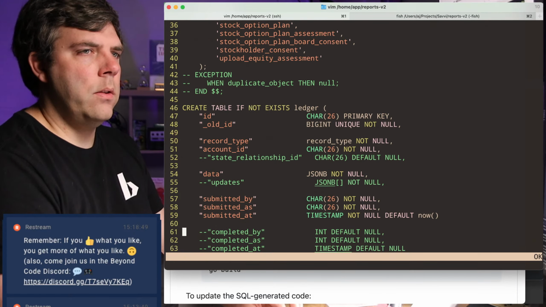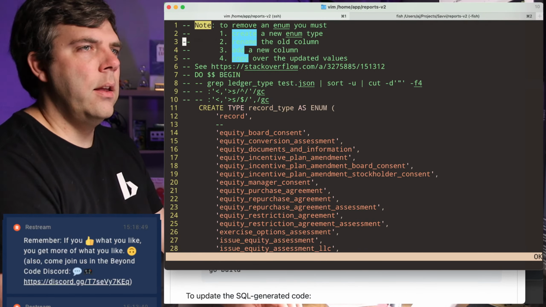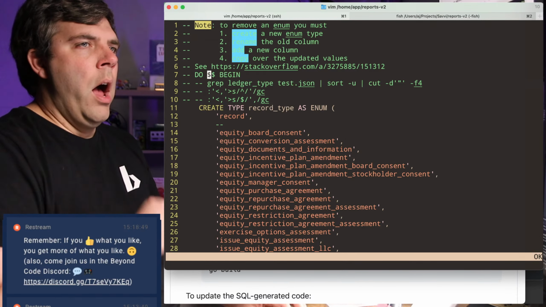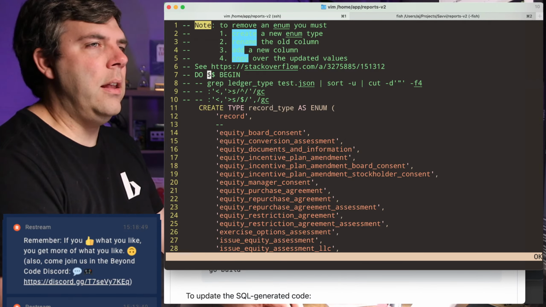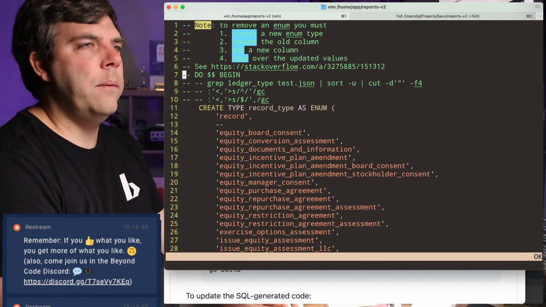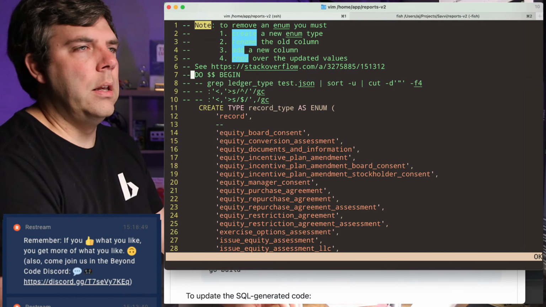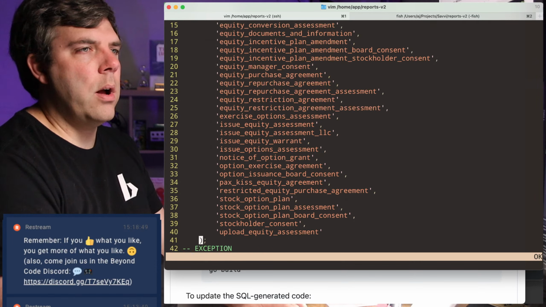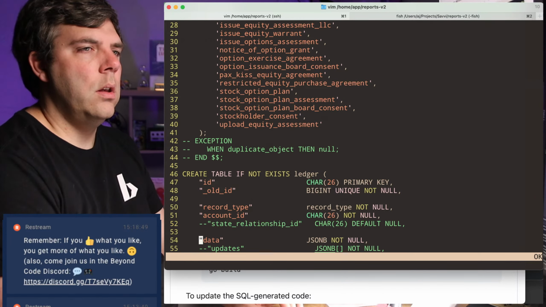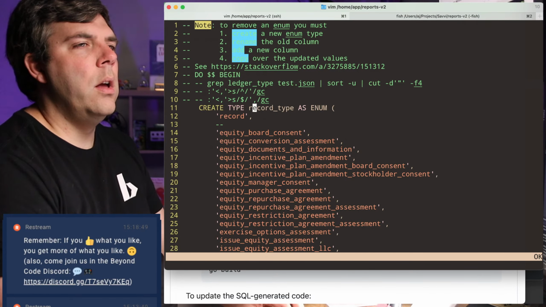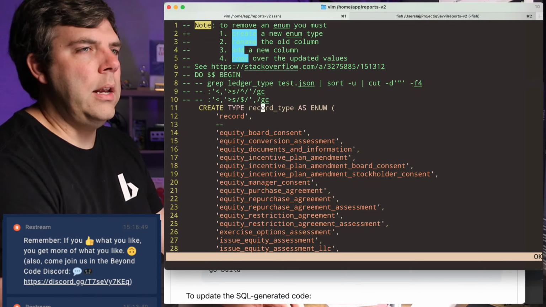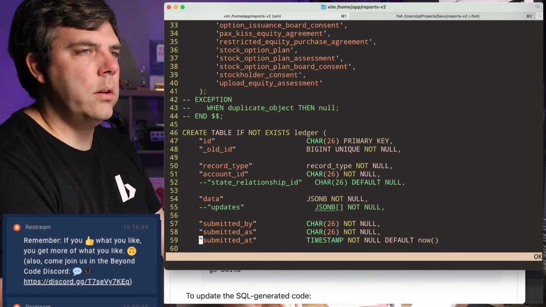The one exception being that it can't process scripting that's in the migration. So if you put in some Postgres script, it can't process that. It can only process the actual SQL. Because what I wanted to do, there's no way to do create enum if not exists. So I was trying to do the scripting bit, and that doesn't work.